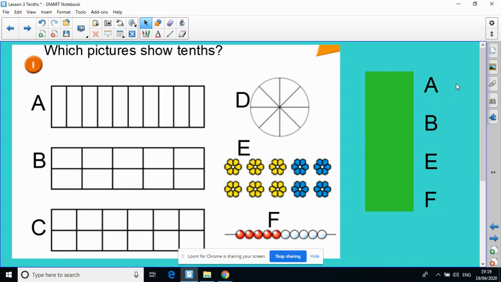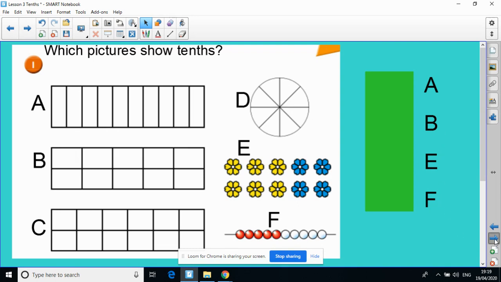Were you correct? A is split into 10 equal pieces. B is split into 10 equal pieces. C was split into 12 equal pieces. D was split into 8 equal pieces. E was split into 10 equal pieces. And F had 5 red balls and 5 white balls. The correct pictures that show tenths is A, B, E,